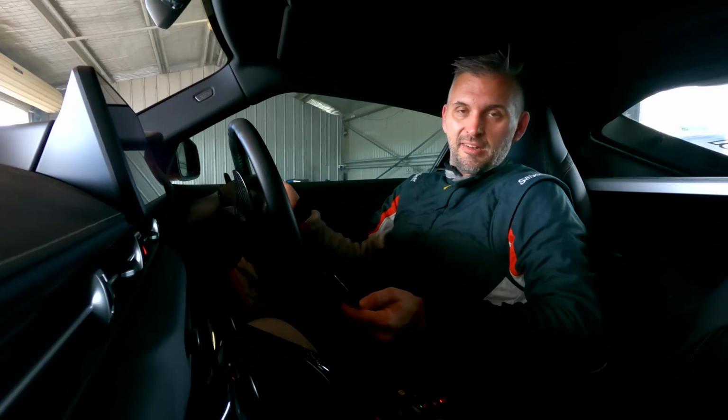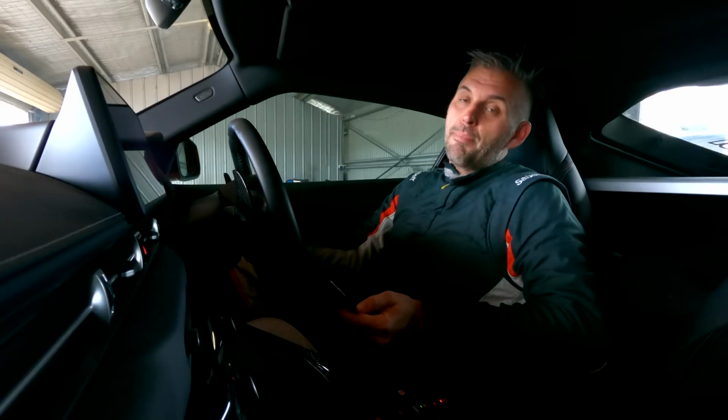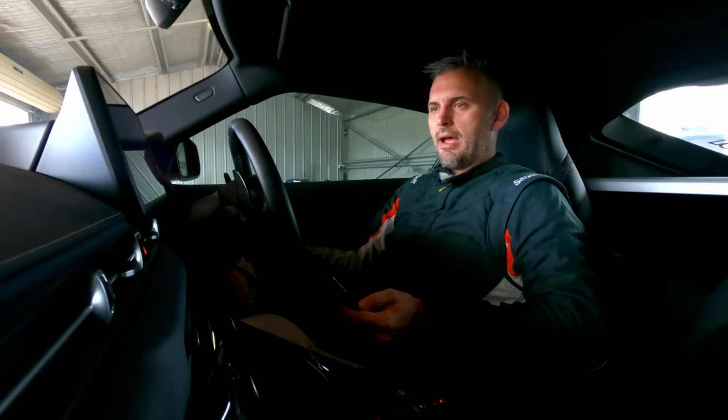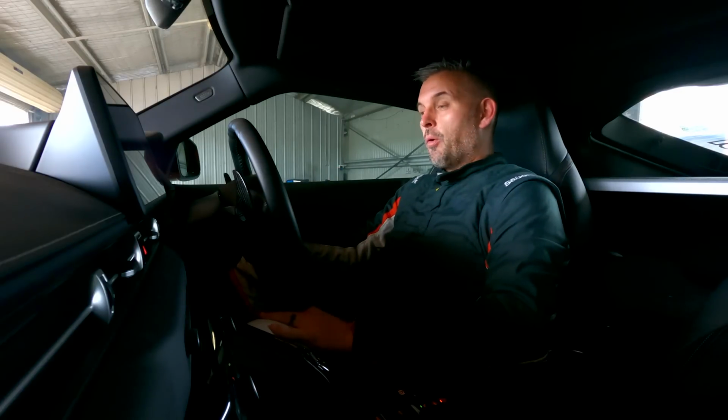And what does that mean? Well, it doesn't mean the Yaris isn't quicker than this. What it means is I can drive this better than I can drive the Yaris. I'm just more comfortable in this car. I can get the most out of this car and I have heaps of fun doing it, and that's what matters. That's why this car is so good. I don't want to get rid of it, but